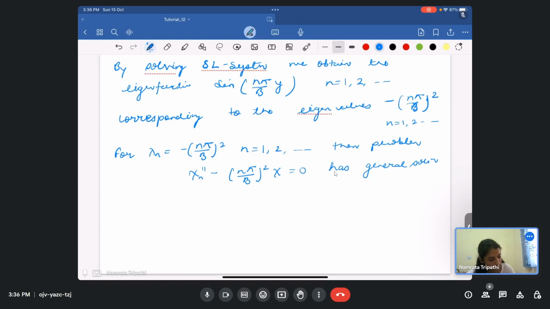This is simple ordinary differential equation. So after writing auxiliary equation you will find two roots so that you can find the general solution as an e to the power n pi upon b, one root, and another root is minus n pi upon b into x. Okay,